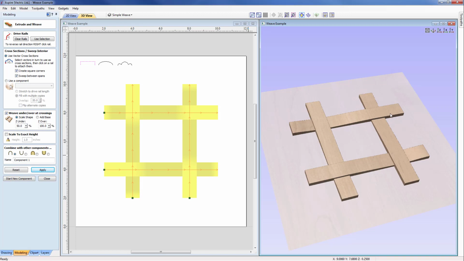If we have a look on the 3D view, you can see that the actual height of the top section here remains the same, and as it comes across, it then starts to dip down to about 50% as it passes under, and then starts to increase back up. So essentially we are only modifying the sections that are running underneath. Okay, so the Z under has been scaled to be 50% of what it originally was, so we've halved it